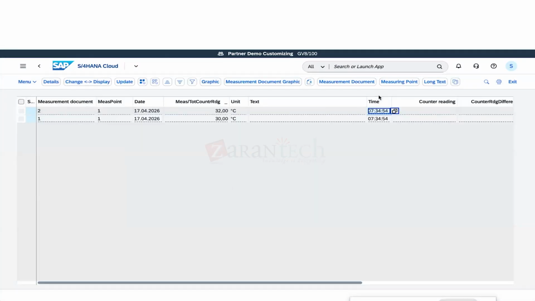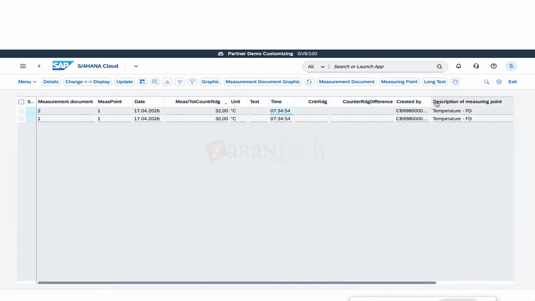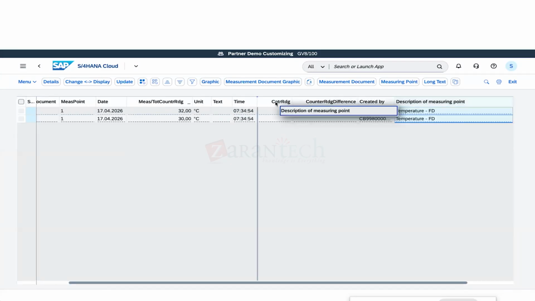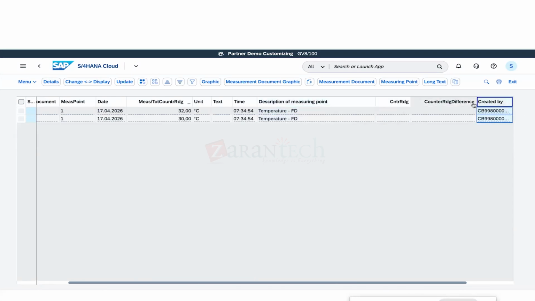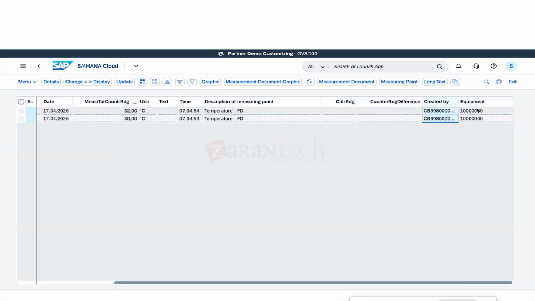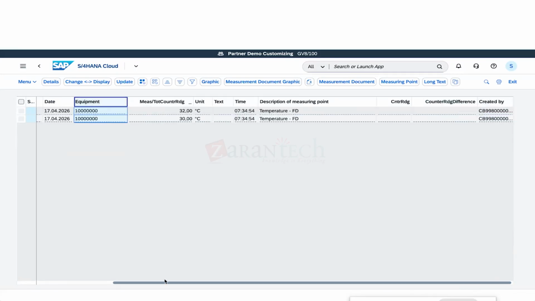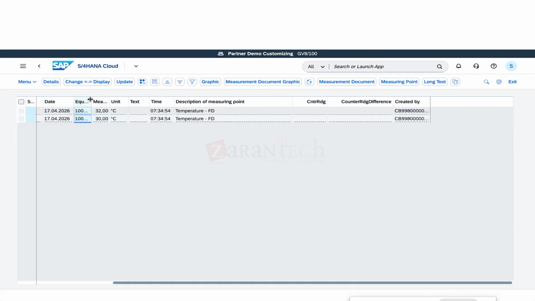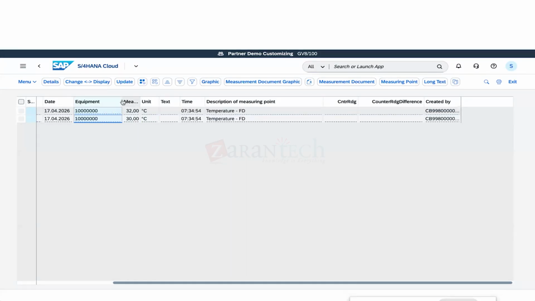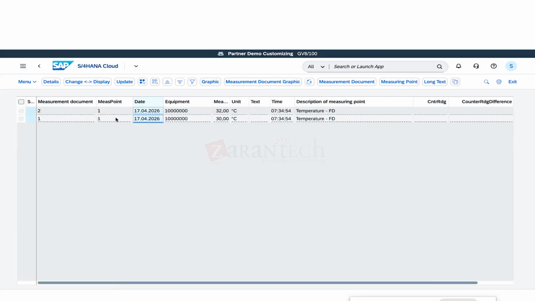So continue. So now we can see all the readings. Now counter reading we haven't recorded, but who has created it, what is the technical description of it, for each equipment we have done it, so everything is visible. So this is most important. So the equipment readings, everything has come up quickly. Like we'll go and measure